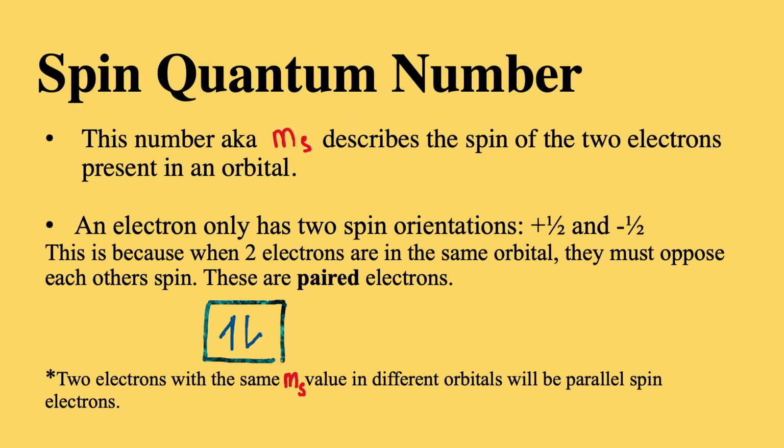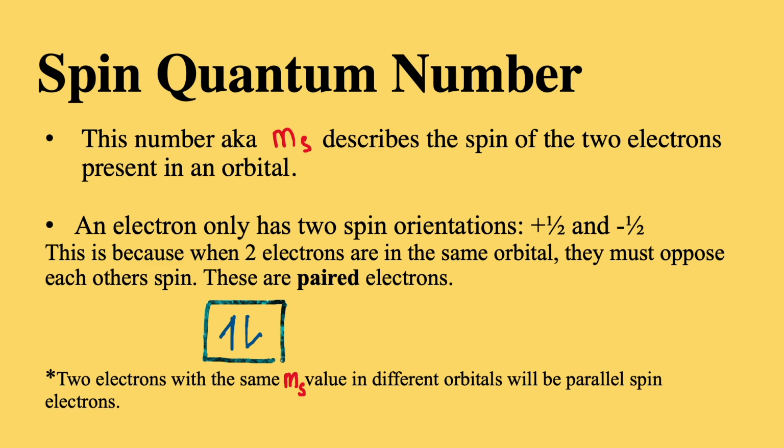Lastly, the spin quantum number is denoted by ms, and this describes the spin of the 2 electrons present in one orbital. An electron only has 2 spin orientations, plus half and negative half. This is because when 2 electrons are in the same orbital, they must oppose each other's spins. These electrons are said to be paired. On the other hand, 2 electrons with the same ms value in different orbitals will be considered to be parallel